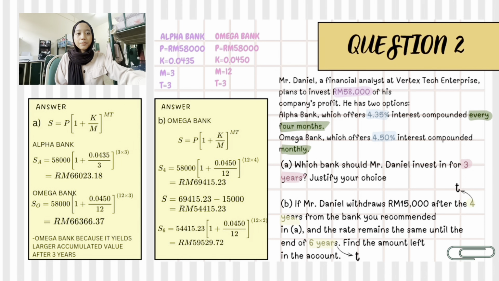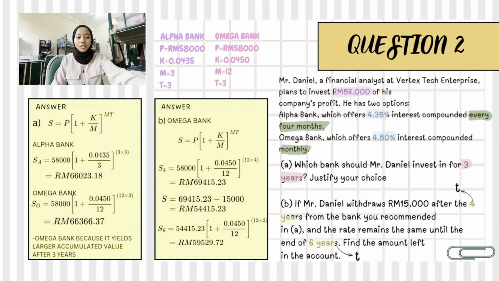Justify your answer. For this question, we use the formula S equal to P (1 plus K over M) to the power of M times T. So for Alpha Bank, we insert the P, K, M and T in the formula, so that after calculating all the working steps, we will get the answer 66,023 ringgit 80 cents for Alpha Bank. And then for Omega Bank, we use the same formula and we insert the P, K, M and T. After calculating all the working steps, we will get the answer